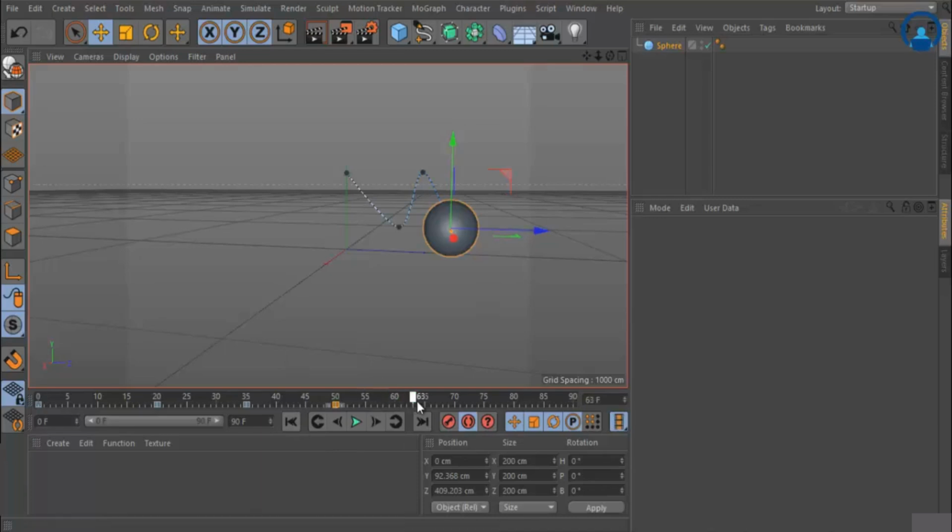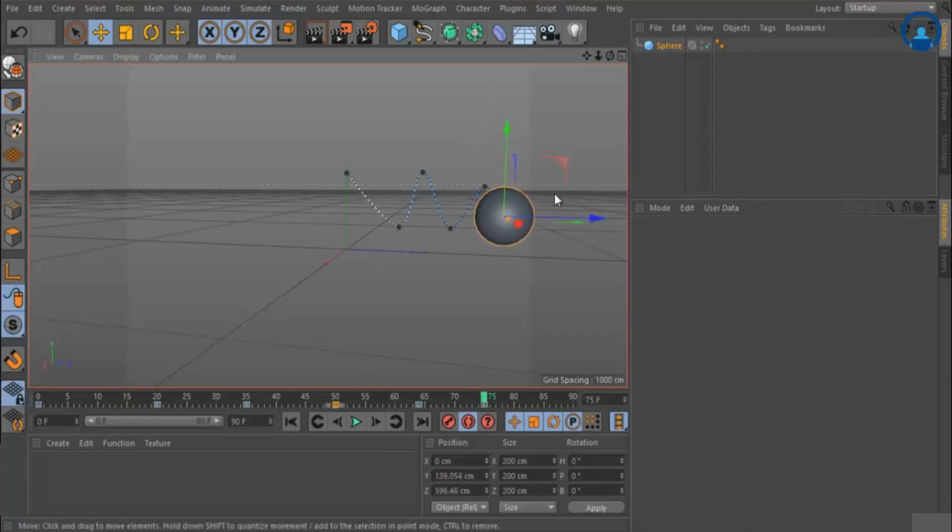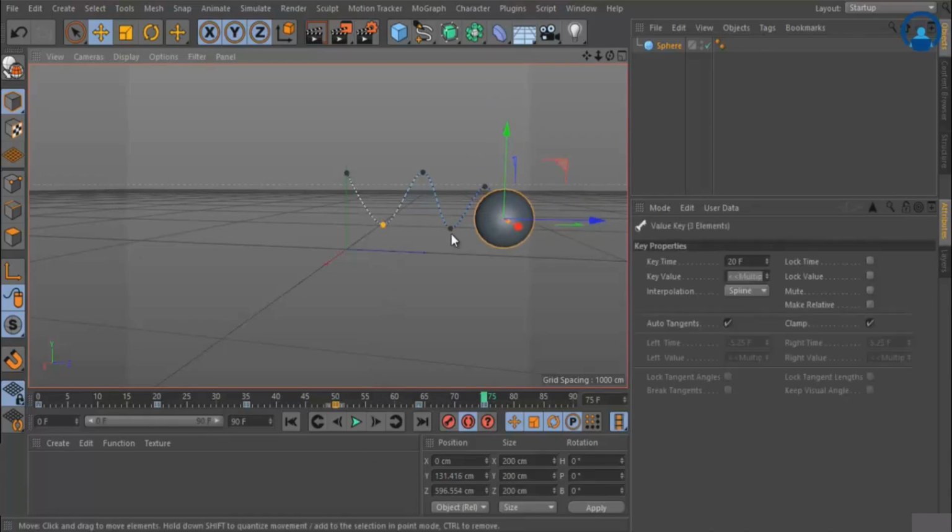I just move it up again one more time like this, and down. You can copy and paste a keyframe again, but anytime you can select and move it like this. If you want to change the height of it, very easily you can do that. This way you can modify your keyframes.